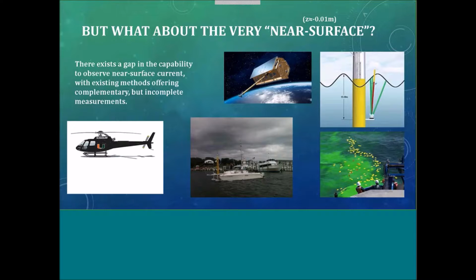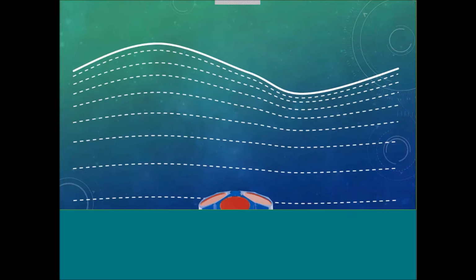So one of the things is these things are moving right at the surface, much like oil. So we want to know what's really happening at the surface. And there's a lot of ways we can study that and try to do that from airborne studies. This is our new helicopter platform here at the University of Miami that we'll be making increasing use of. Satellites, drifters with more technology on them. This is our air-sea interaction coastal boat platform in the Destin during the SCOPE experiment we did in the winter of 2014. And then these drifter experiments that we're looking at near-surface drifting.